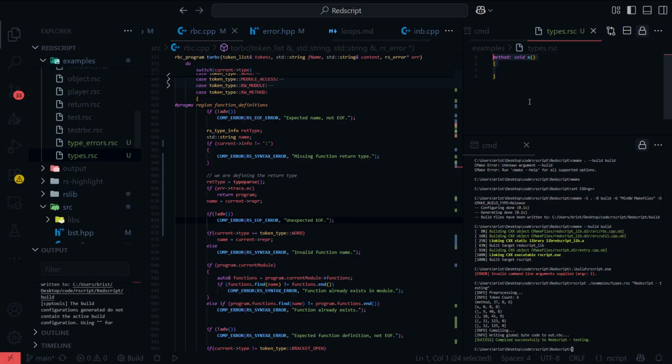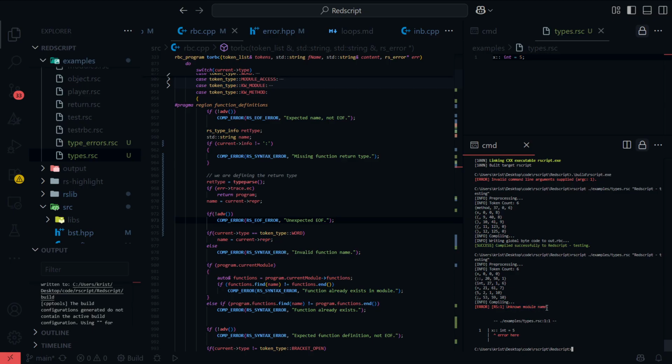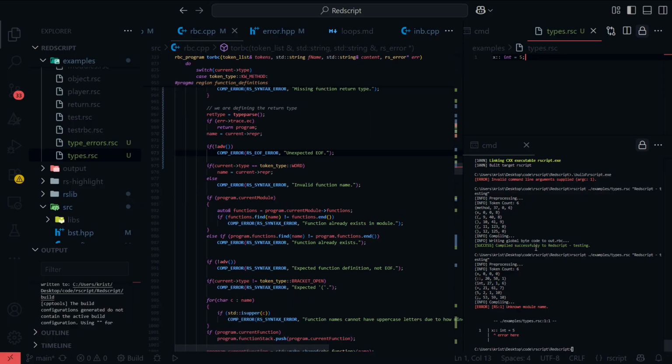Yeah, so let's write what we're saying, x colon colon int is 5. There you go. Unknown module name. So the error occurs when you're trying to access a module X. Does that make sense? Yeah, it's a bit weird. It should say unexpected token, but what the compiler actually sees is we're trying to do module X and then we're doing XY or something like that, right? So that's why it says undefined module. Okay, that should work.